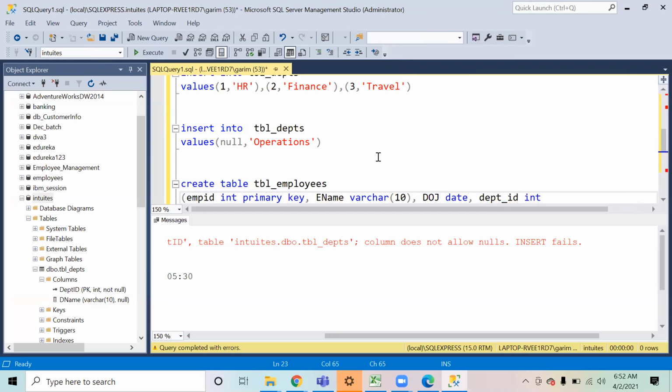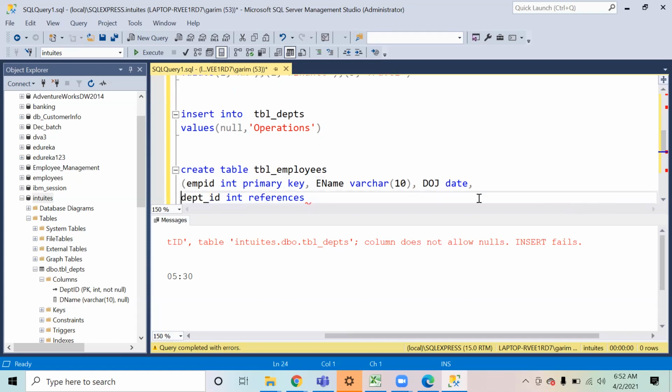We will say this column references the TBL departments table, and the column is department ID.